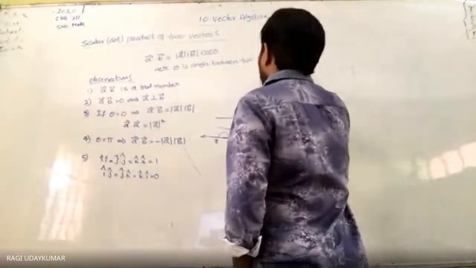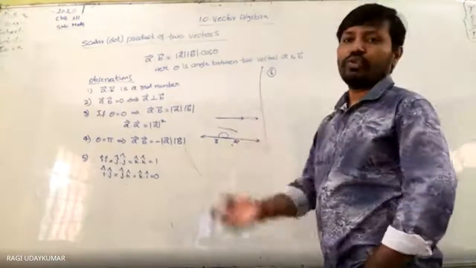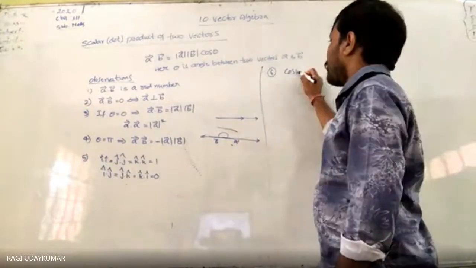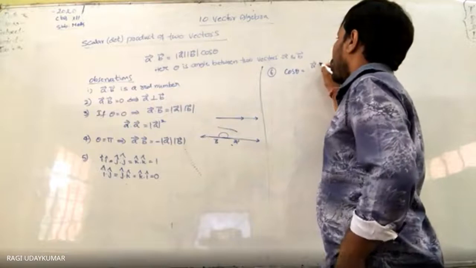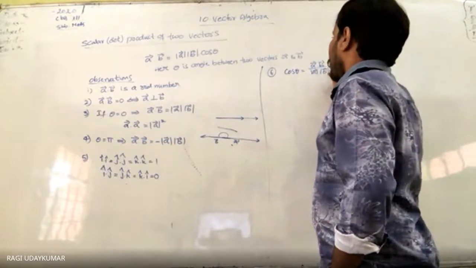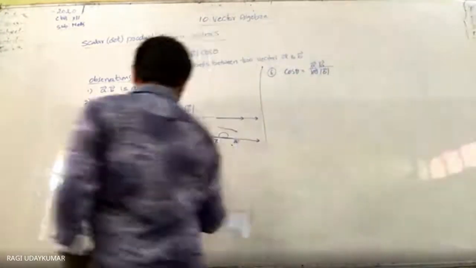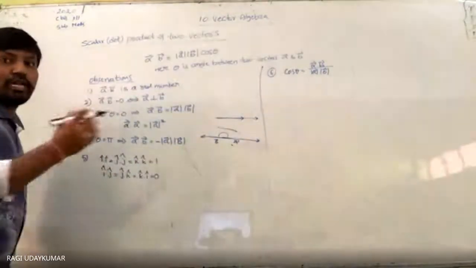So dot products are very simple. Suppose you are asked to find the angle between two vectors. Then cos theta you can find by finding the dot product of the two vectors. So how do we find the dot product of the two vectors? Very simple. In this situation, this will be helpful to you.